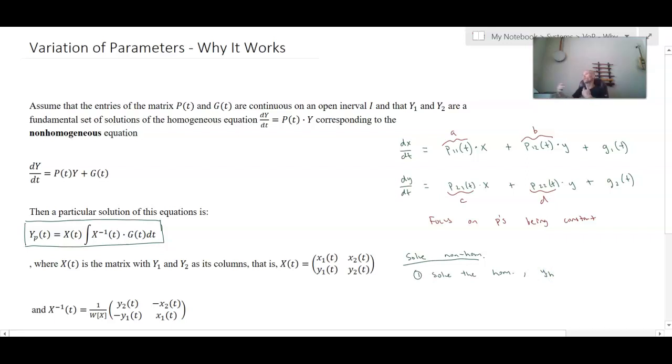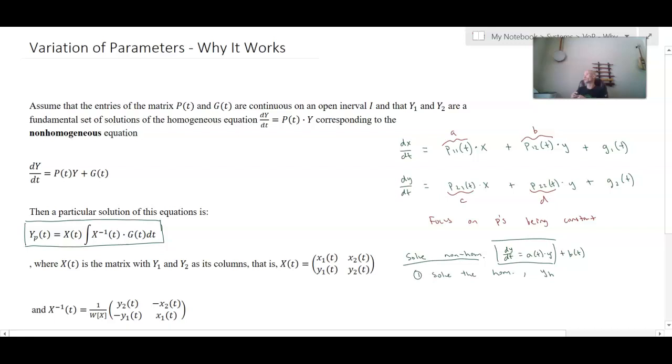Now if this were for a single differential equation that looked something like this, going back a ways, if it were some function a of t times y plus b of t, just a single differential equation, then we would basically ignore the b of t term and we would solve this separable differential equation,